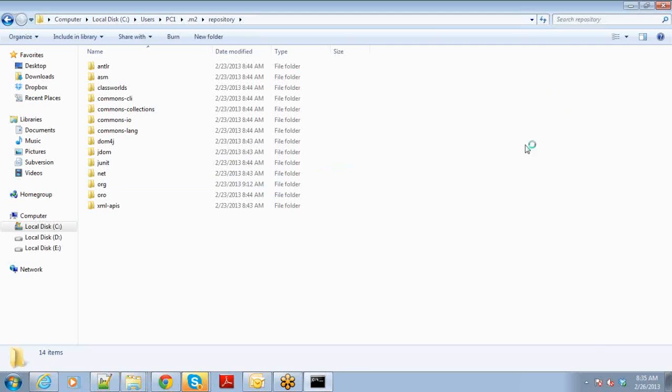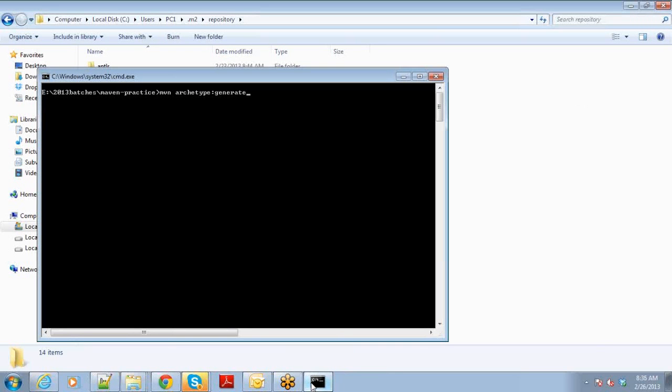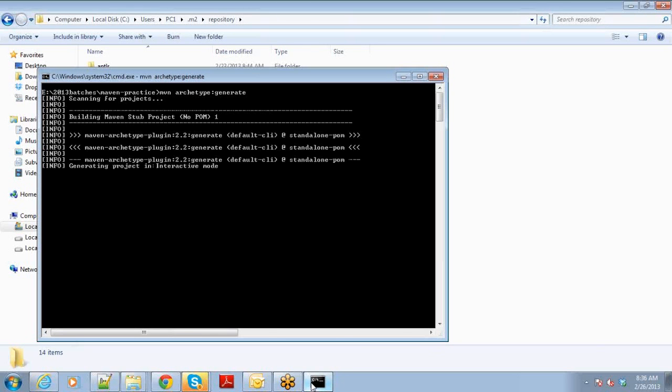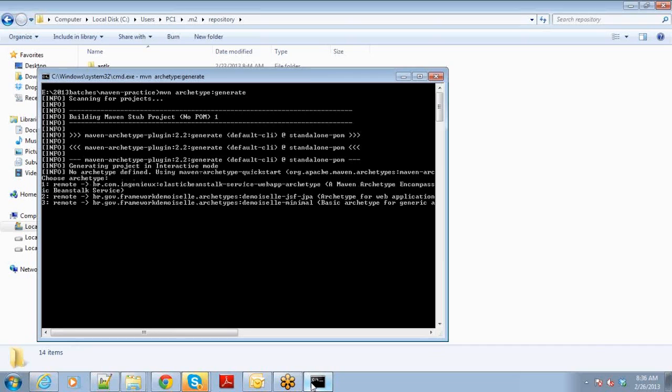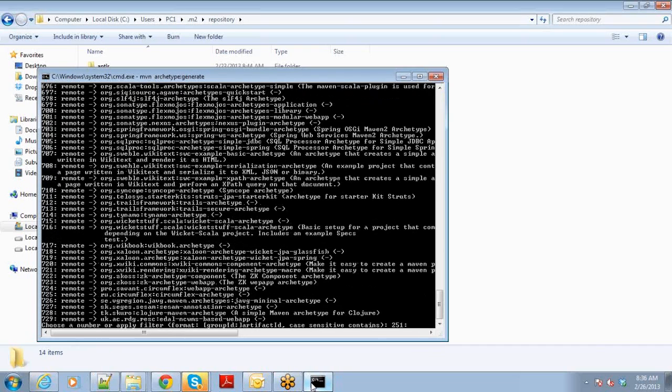Is this okay? Good. Now let me say Maven archetype:generate. So it starts scanning up, it downloads. For running the archetype command, if I need any dependencies, it will download from the internet and set them up in my local M2 repository. Now it is giving me the list of archetypes available. It is also choosing a default number for me, 251, which we have seen in our